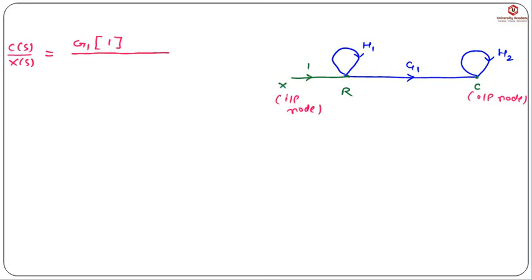Okay, then we have to write in the denominator, this is using the Mason's gain formula. Okay, so denominator में we have to write the delta value. So delta is given by 1 minus sum of all the individual loops. So यहाँ पे दो individual loops हैं and जिनका gain है h1 and second loop का gain is h2. Then we have to write the product of two non touching loops. तो यहाँ पे जो h1 है एंड h2, ये नॉन टचिंग लूप्स हैं, तो इनका जो loop gain product है, it will become h1 into h2. Okay, so no need to simplify.